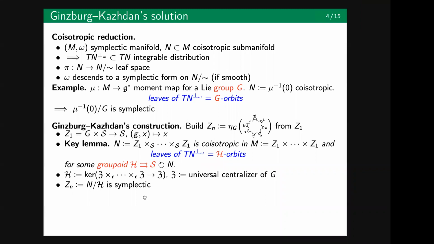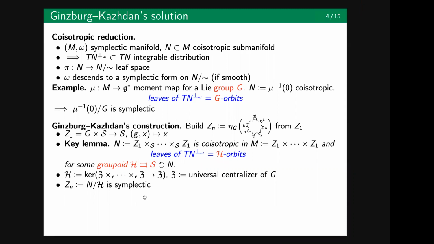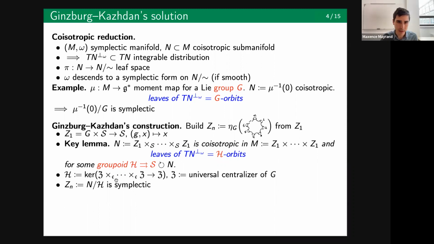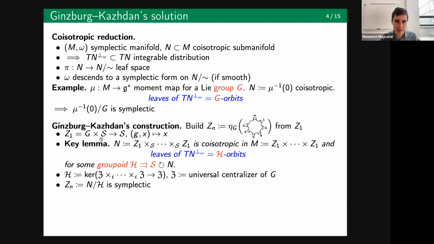Just to better understand this curly H, the groupoid, you say it's a kernel of Z times Z times Z to Z over C. What is C? Oh, sorry, C is S. In a previous version it had S. Yeah, C should be S. Okay, thank you. So here it's an abelian group scheme, and that's the multiplication map. Since Z is abelian, the multiplication map is a groupoid morphism, and the kernel is therefore a subgroupoid. Thanks for pointing that out.